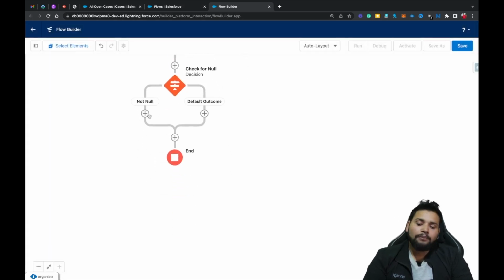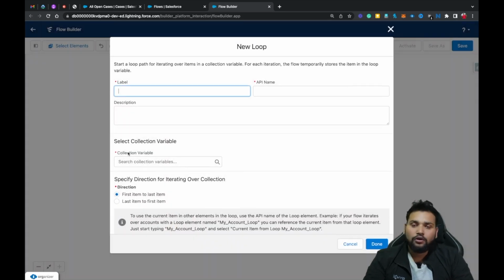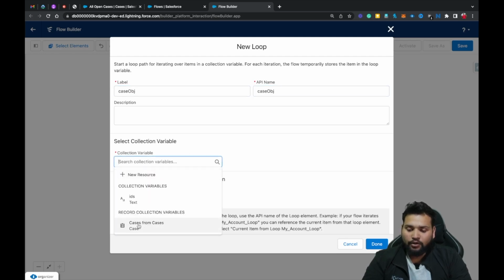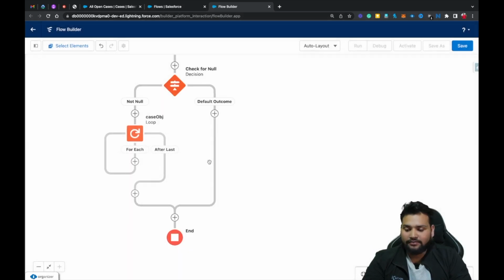Now in the Not Null part I am going to use a Loop element, because I need to iterate over all the cases that I have in the selected IDs, or in the Get Records element. So I'm going to name it, let's say, caseObj, and in collection variable I'm going to select Cases, first item to last item, and then click done.